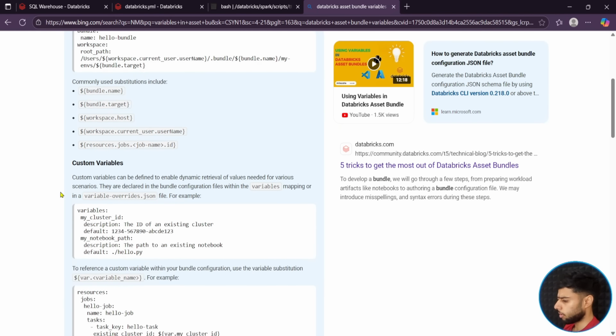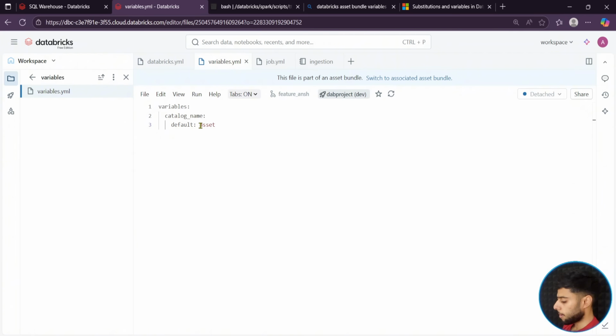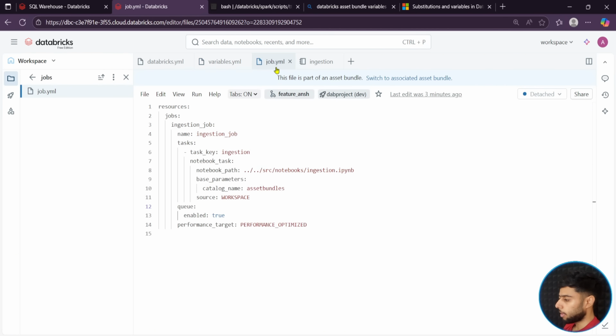Environments.yaml, or basically variables.yaml, it's fine. Okay, let's put it here, and I want to create a variable for catalog name. Description is optional. Default value I will put as asset bundles. Okay, makes sense? Good. Now I will go to my job.yaml and I will use this